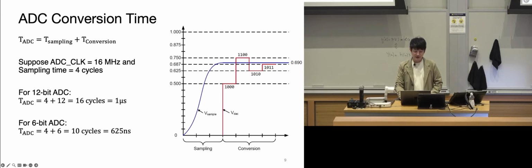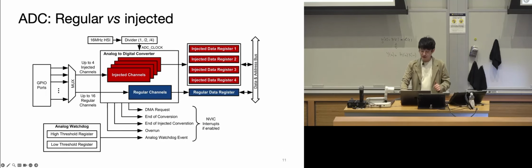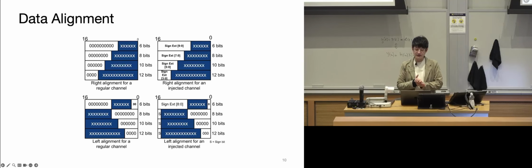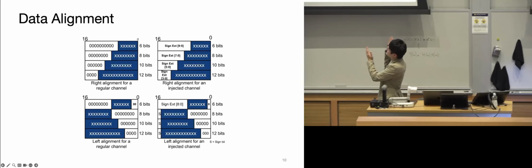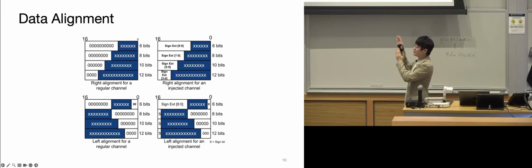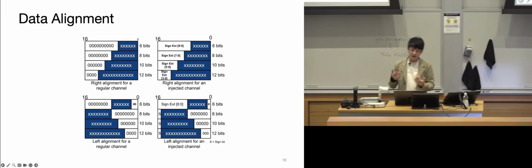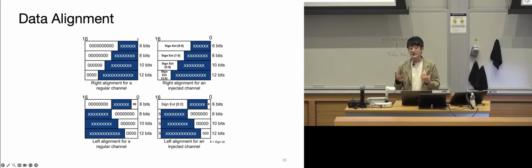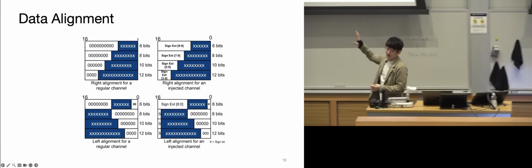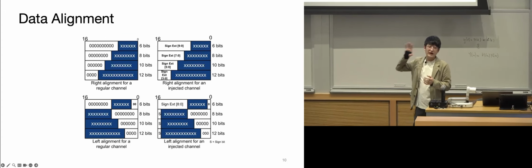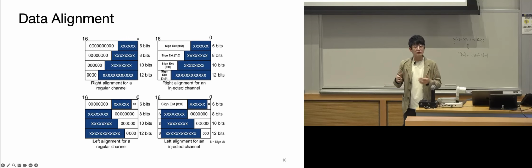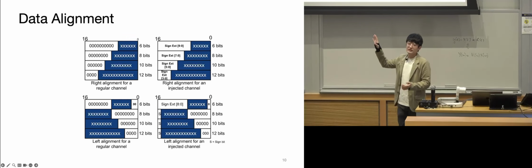Okay, cool. In the microcontrollers we also have data alignment. You're able to set how the data is going to be aligned, either right alignment or left alignment. The reason for this is mainly flexibility, depending on how you use this register. Remember, all these registers are 16-bit, and the highest resolution you can go for these ADCs is 12-bit. So naturally, there are going to be some bits that are unused.